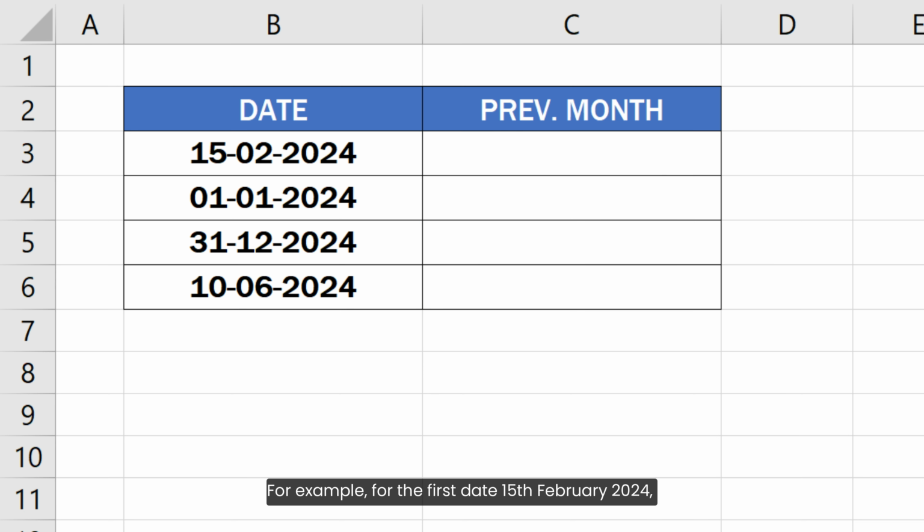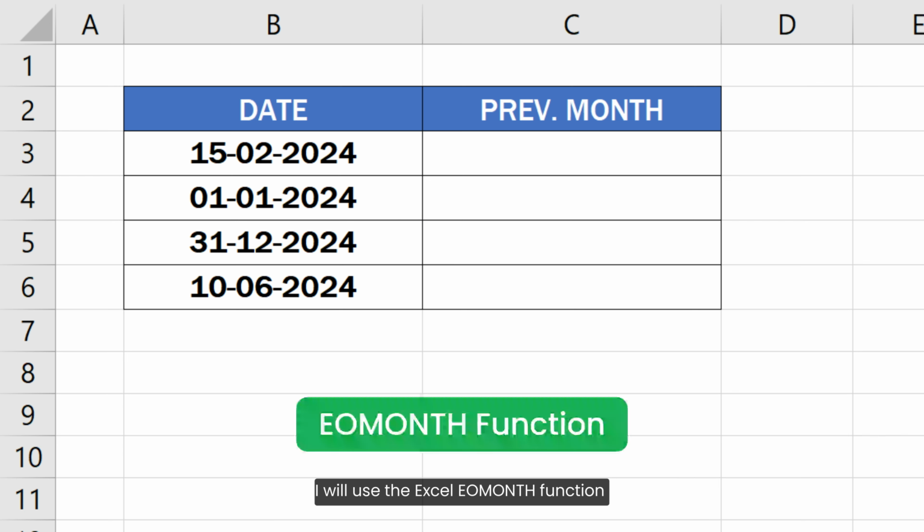For example, for the first date 15th February 2024, the first day of the previous month will be 1st January 2024. Similarly, for the second date 1st January 2024, the first day of the previous month will be 1st December 2023. I will use the Excel EOMONTH function to get the first day of the previous month of the